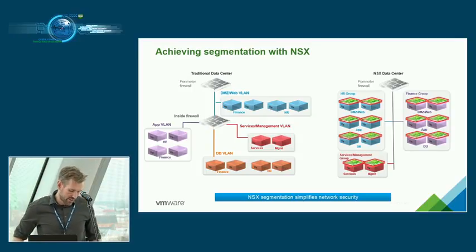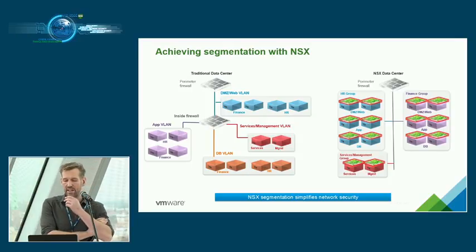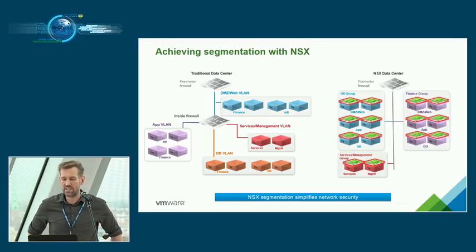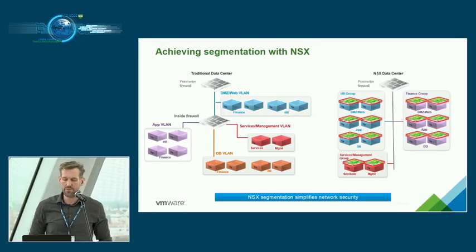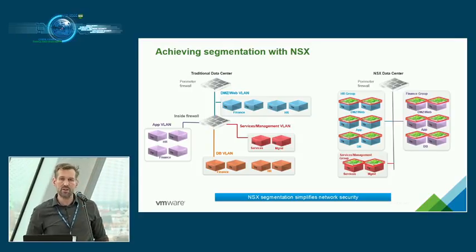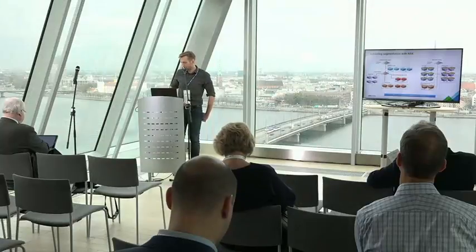So the fantastic thing about software-defined networking and the firewall that we have in the NSX product for the vSphere environment is not the firewall itself, it's more the position of the firewall. We have added network components into the virtualized environment, into the hypervisor and into vSphere. That means that there is a firewall on every VM instead of on every segment. And we call this micro-segmentation or zero trust networking.